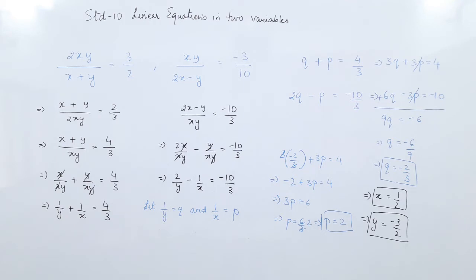I'll give you some for practice also, so you will try out the sums on your own. If you have not understood the method, then you need to see the video all over again and try to understand how these sums are done. Some equations were in the direct form and some were in the reducible form. Now we are going to do the method of cross multiplication.